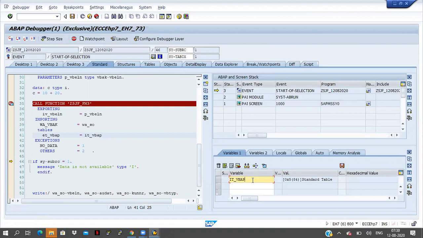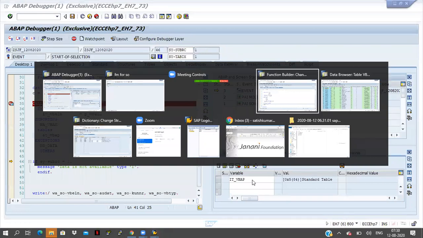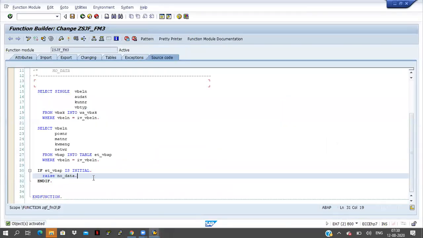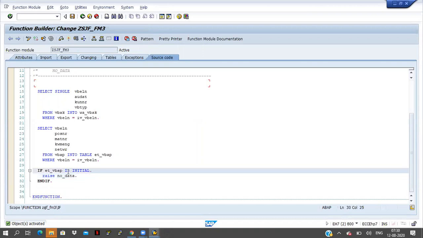So in the function module, I have given one exception. In the source code, if the ET_VBAP is initial, meaning the data is not available in this internal table, I'm raising one exception. I am taking the raise exception name here.